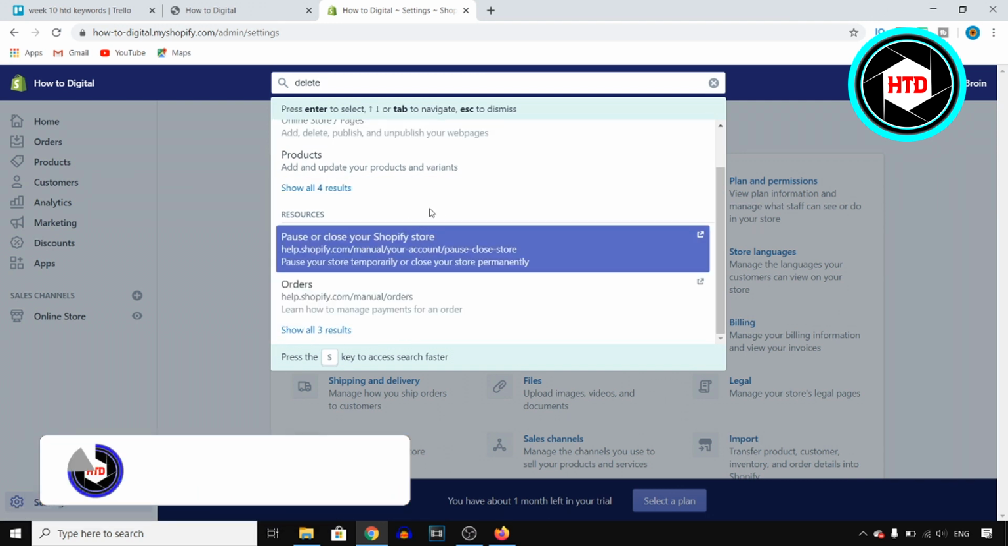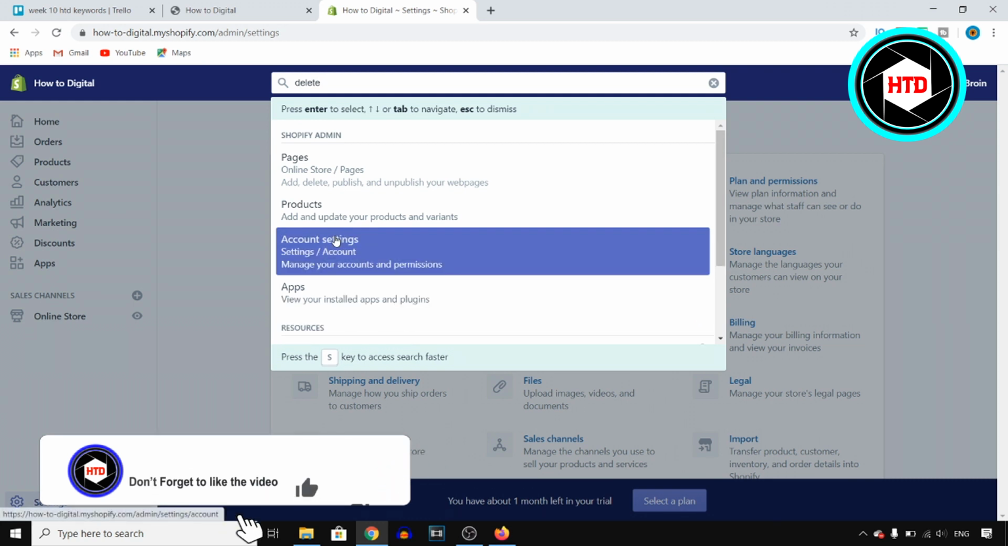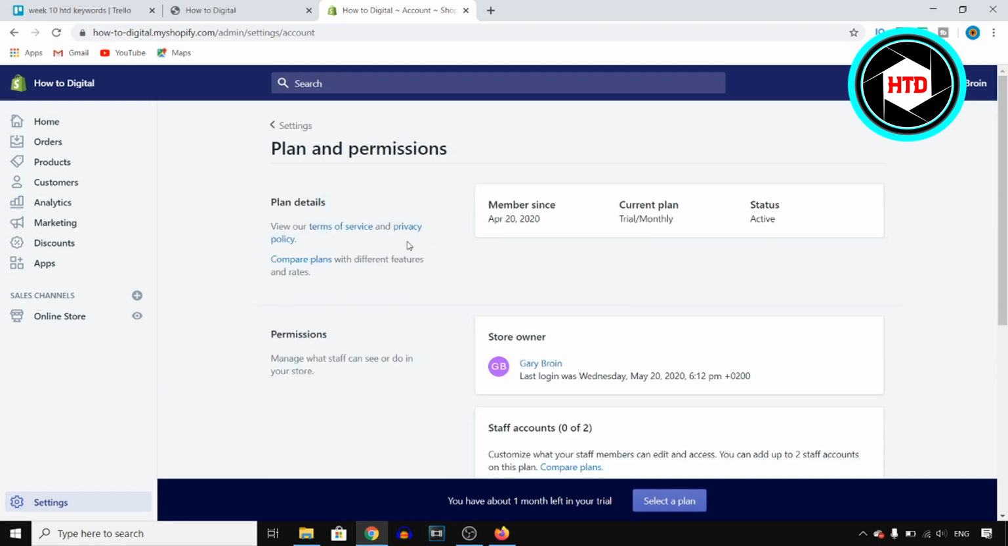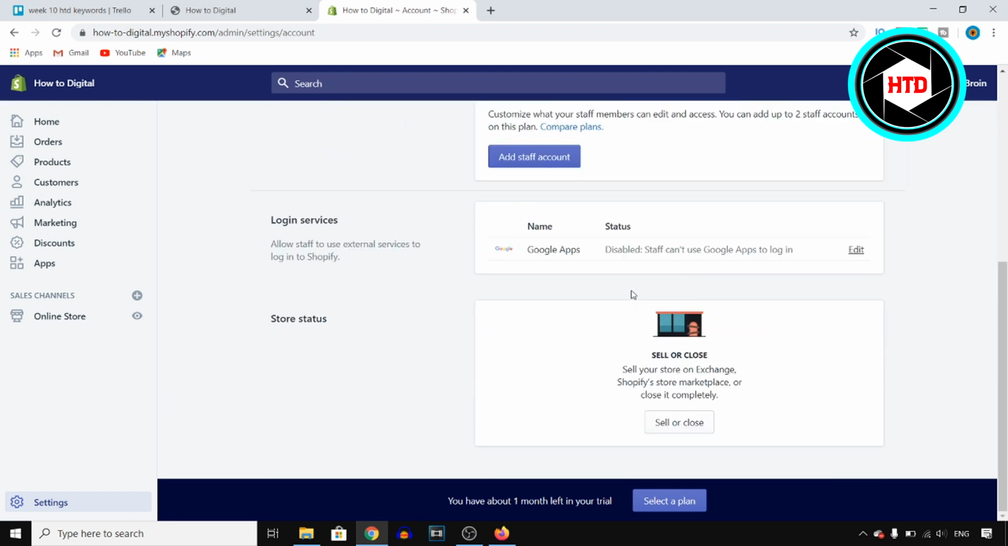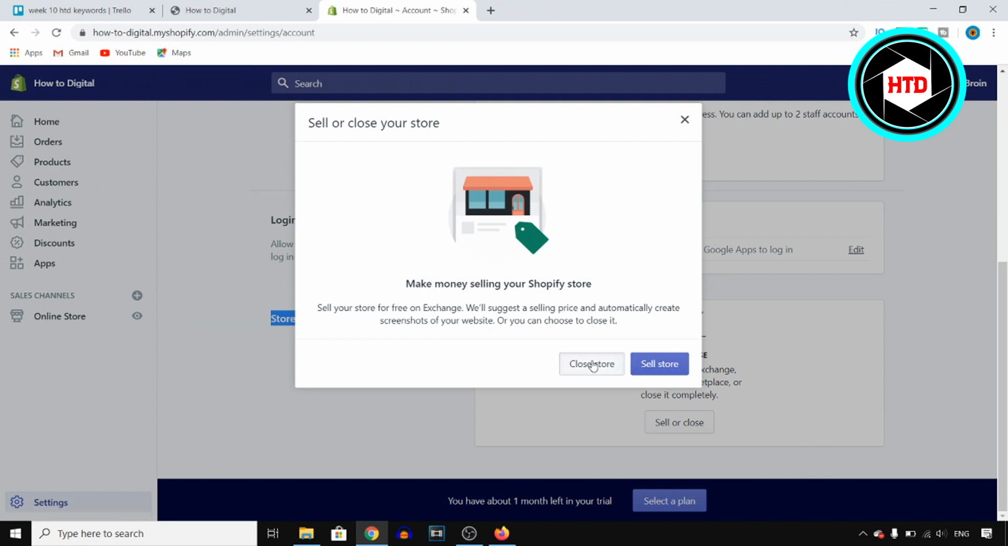Okay, so resources right there, or Shopify admin. Let's click on account settings right there. Okay, here we are. So you can then scroll down and you can then click on sell or close. So go all the way down, store status, then click on sell or close, and then click on close store